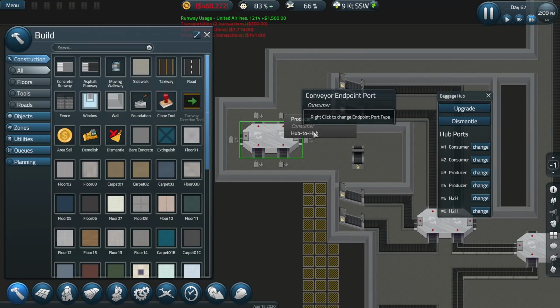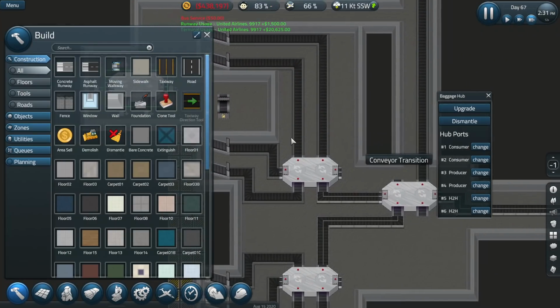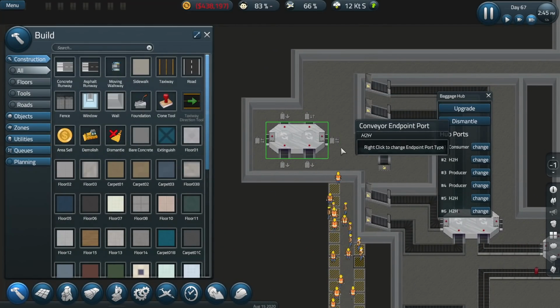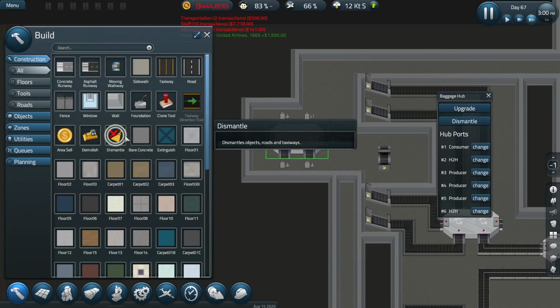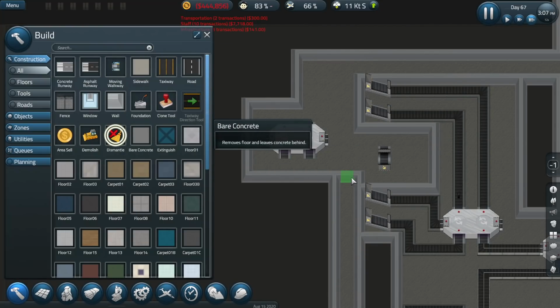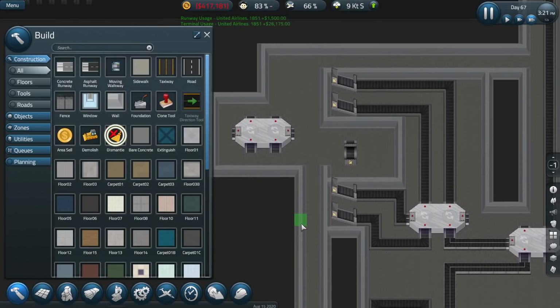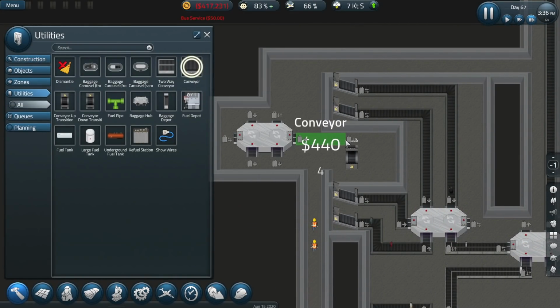So in this anyway, so that's a consumer. Is that a no, it's actually a hub to hub I've got to do. Which that will be a producer. That's a producer as well. So dismantle you. Dismantle all of you. Utility wise. Conveyor. So that will go to...